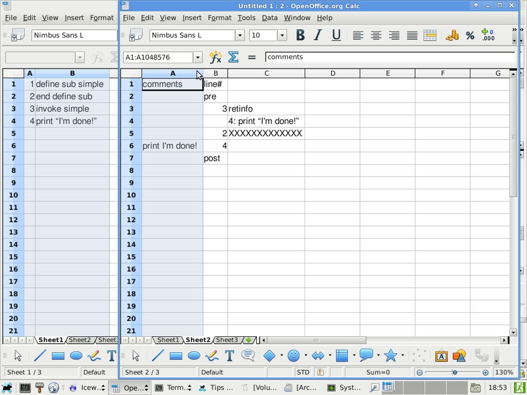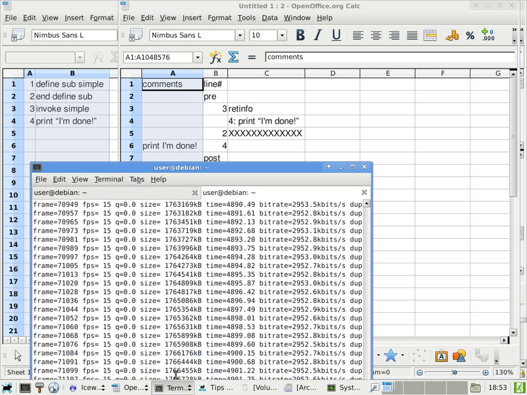Where can I find the uploaded spreadsheets to look at? Oh, that's easy. Let me